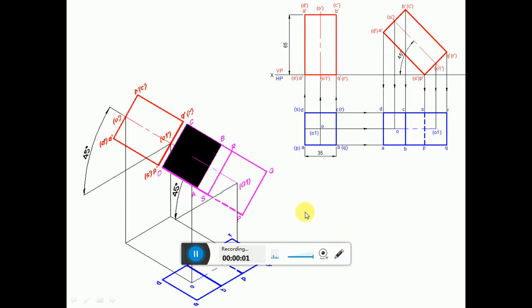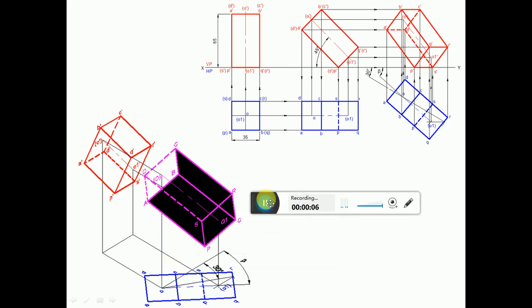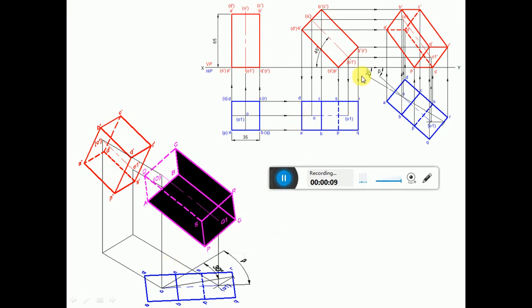Now continuing from 159 problem. Now since the axis is inclined to VP at 30 degrees, since in the second position, if you see, it is resting on one of the edges of the base on HP such that the axis is inclined to HP at 45 degrees. So here this axis was the true inclination line because OO1 is parallel to VP. So we are getting the true length here.